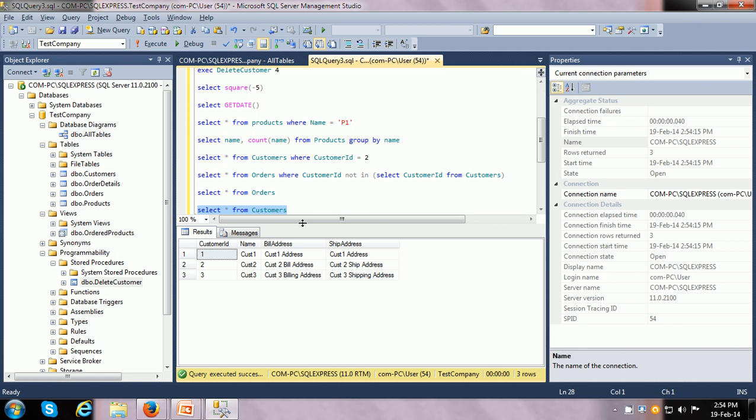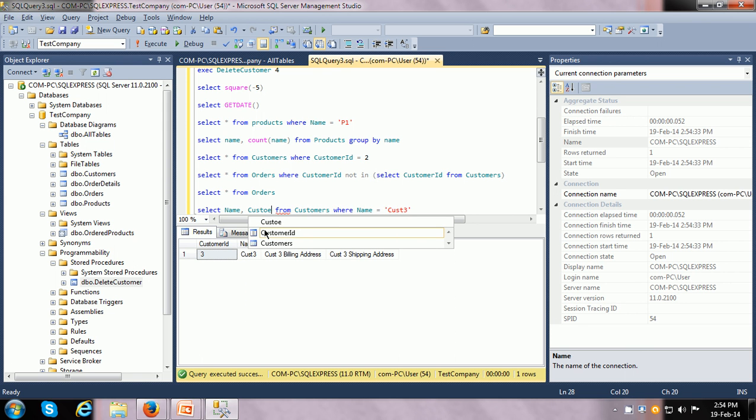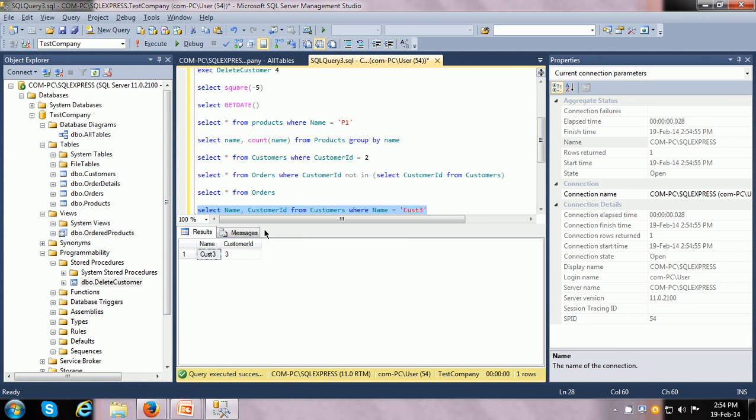show you all the data, and you can restrict the data if you are looking for something specific by using the where clause. So where name is equal to, let us say you want only to see cust3, it will show you only those rows where the condition is name is equal to cust3, and you can restrict the columns here. Instead of star, you can specify what columns you want. Let us say you just want name and then customer ID, so you can specify those columns, and just by writing these simple queries, you'll be able to do